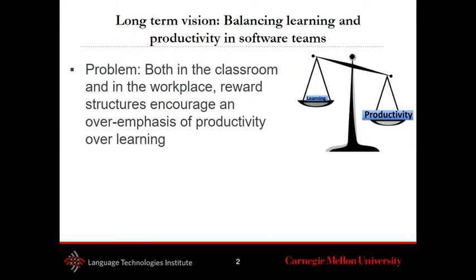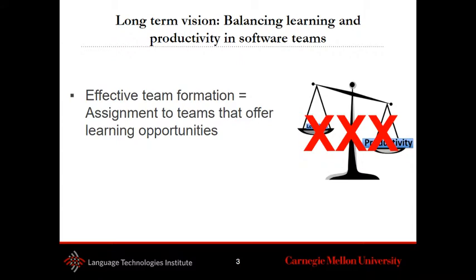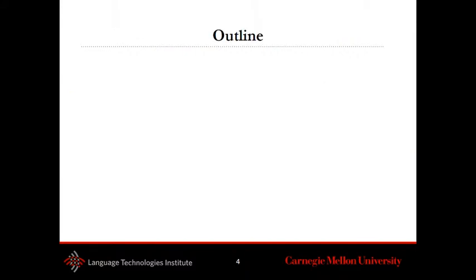But if we're going to inject learning into the workplace, we need to be able to shift the reward structure or shift the focus of the work. And so that's how we see the bridge between what we're doing in the classroom and ultimately in the workplace. And specifically in connection with team formation, which is the focus of this symposium, what we're going to do is talk about how effective team formation might set up teams for a learning orientation and effectively learning together.